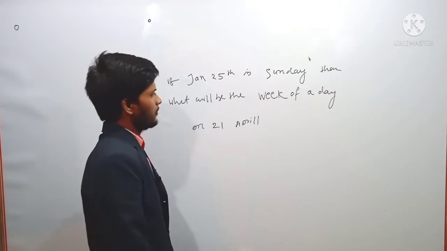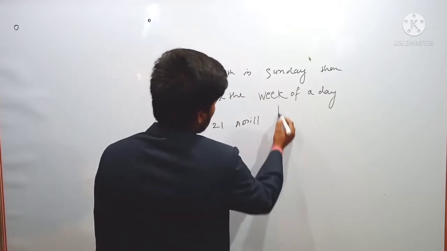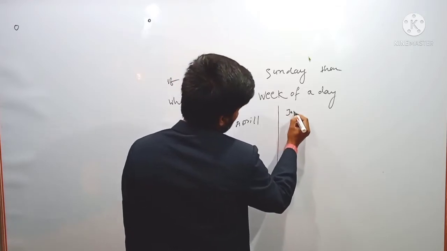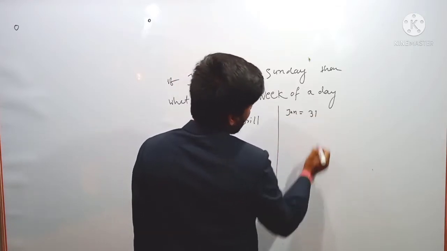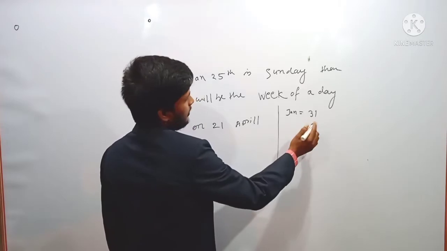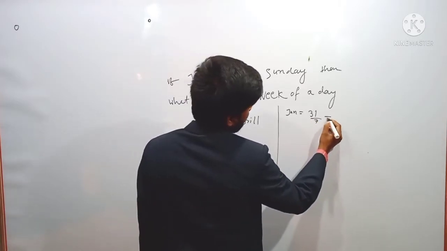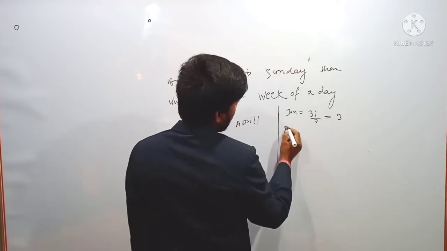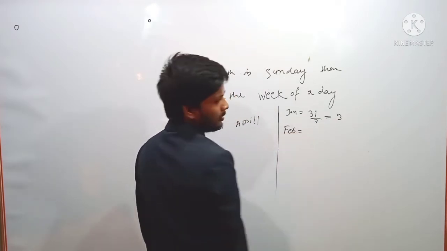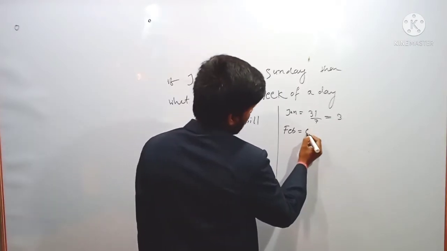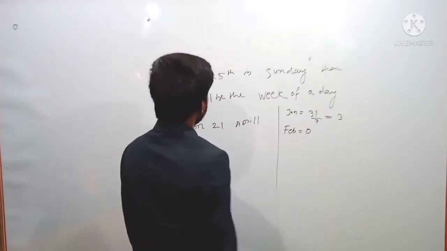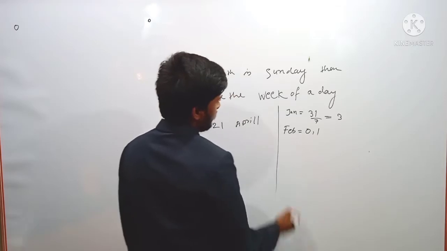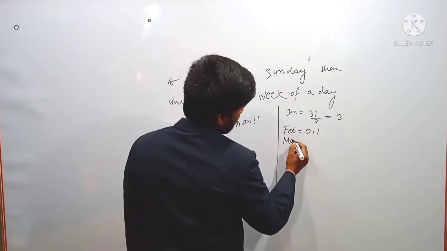So how many days do we consider in January? There are 31 days. If we divide it by 7, then it gives remainder 3. In February, if it is an ordinary year, then the remainder will be 0, and if it is a leap year, the remainder will be 1. Then in March,